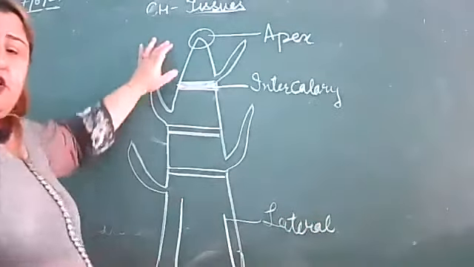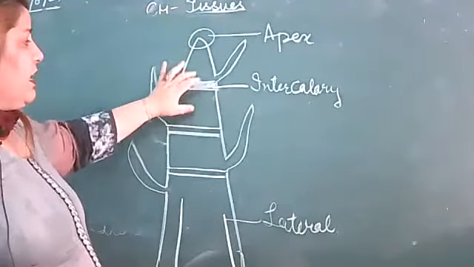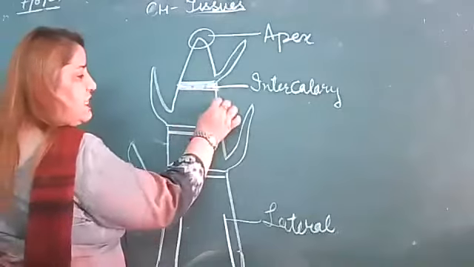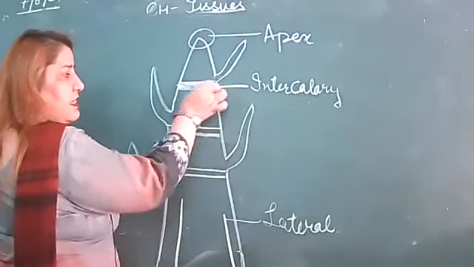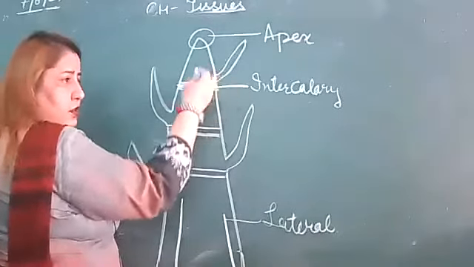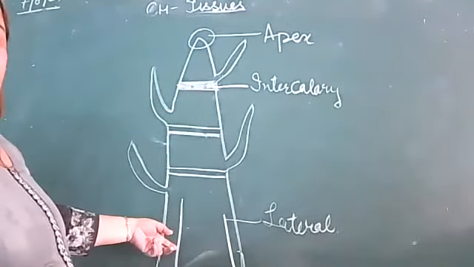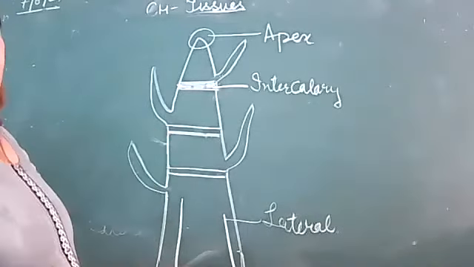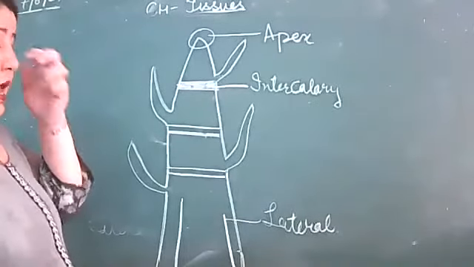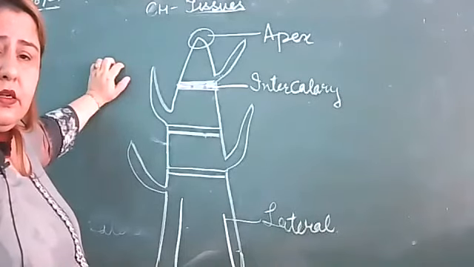Right? So apex is clear to you, that it is at the tips of the roots as well as the stem. Intercalary, these are called the nodes, and the space between two nodes is the internode. Means this is present at the nodes, below the base of the leaves, जहां से leaves and branches की growth start होनी है. The laterals are present at the girth of the plant, helping in increasing the diameter of the plant. अब ठीक है? Any doubt? अब clear है? This topic is clear? ठीक है?